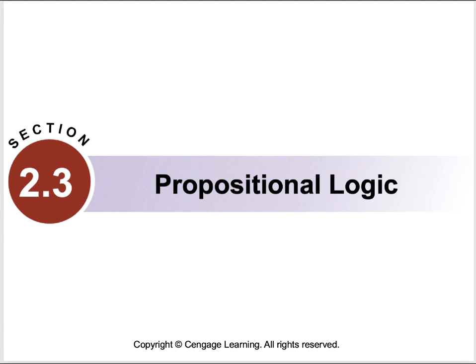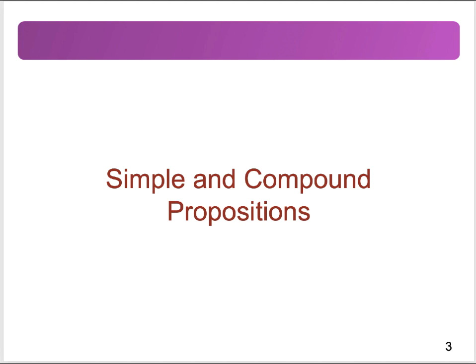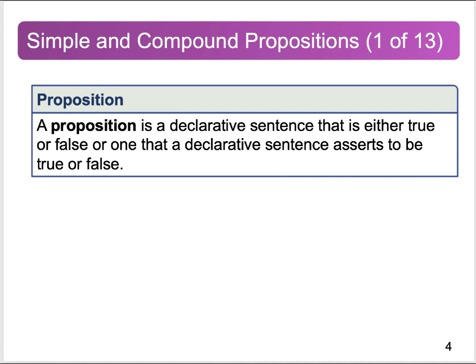Let's now take a look at this idea of propositional logic. So we're going to start by understanding the difference between a simple and a compound proposition. When we say proposition, we just mean any declarative sentence that can be either true or false, or one that a declarative sentence asserts to be true or false. So it's similar to a sentence, except specifically it has to be some statement that can be shown to be